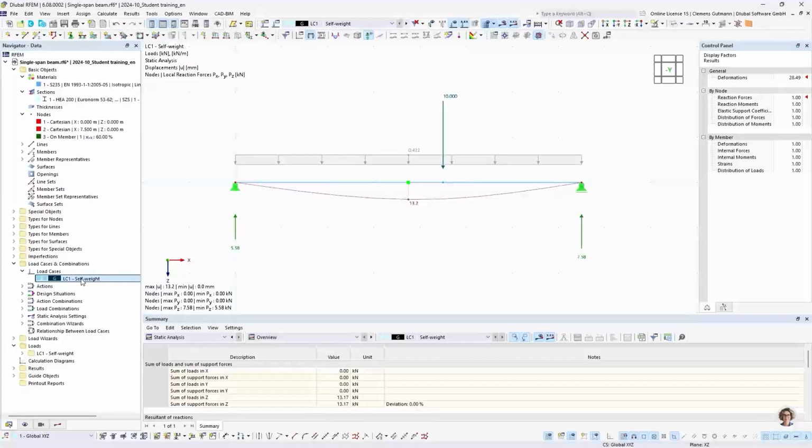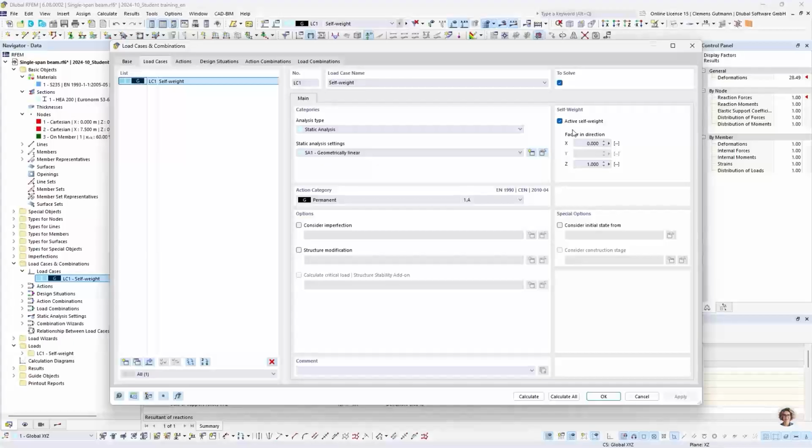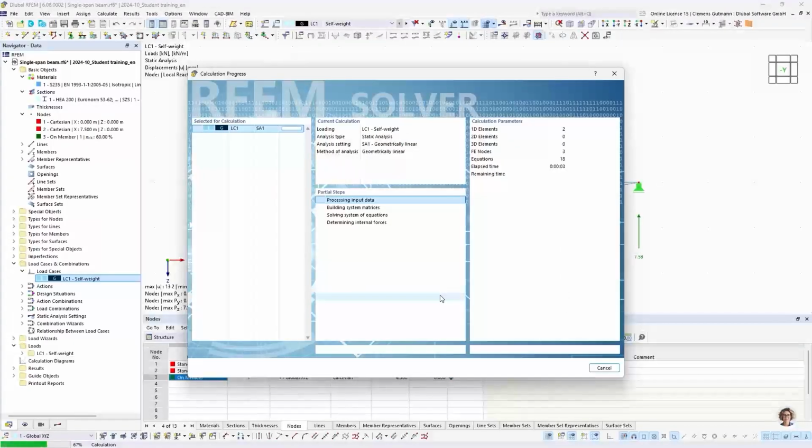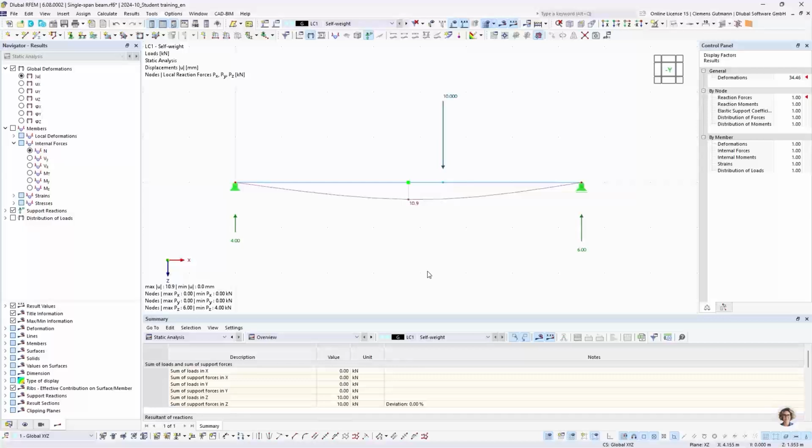So if we go back into the load case and deactivate the self-weight for now and recalculate this load case, we can then see that the 10 kilonewtons of load is exactly the 10 kilonewtons of support reactions. So this is good. So I recommend you to always run a quick plausibility check if you are modeling and analyzing,